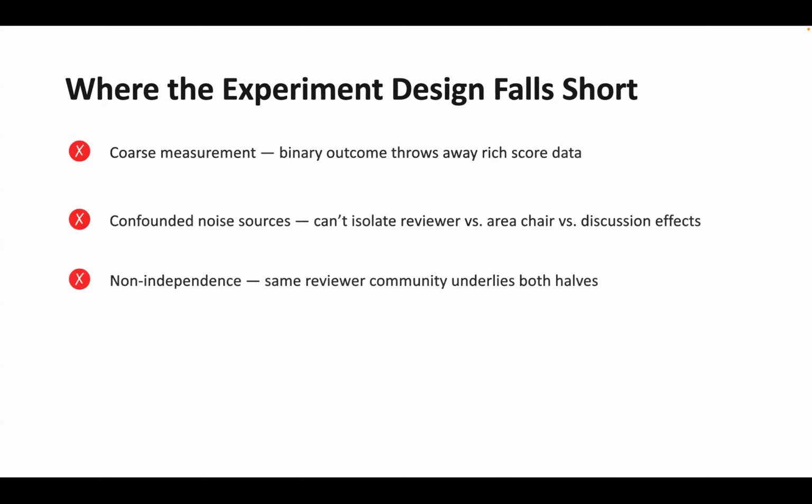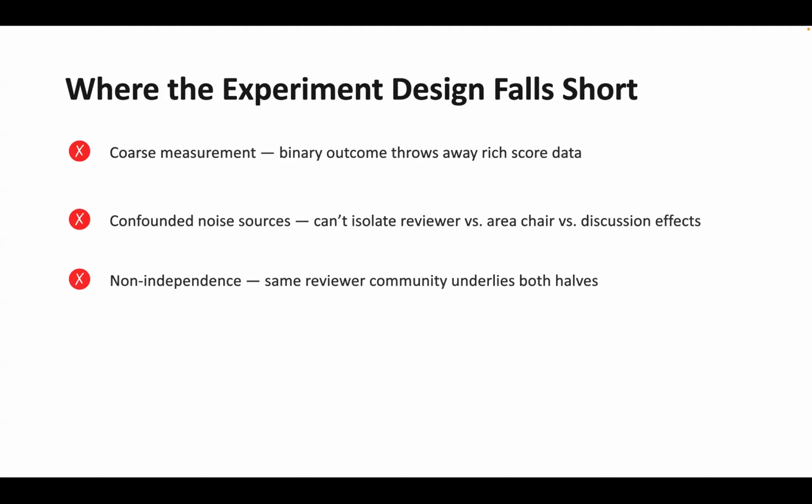But in parallel, there are a few things that this experiment falls short on. The first is, again, there is some benefit of using binary outcomes, but it hides everything behind. For example, maybe some papers are getting close to accepted but got rejected, and some papers are close to getting rejected but got accepted. All those effects cannot be seen. To throw away those effects and this core data and decide based only on the binary outcome might not be a clear representation of what happens in the research community.